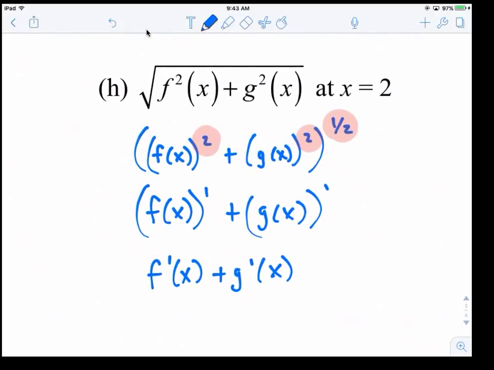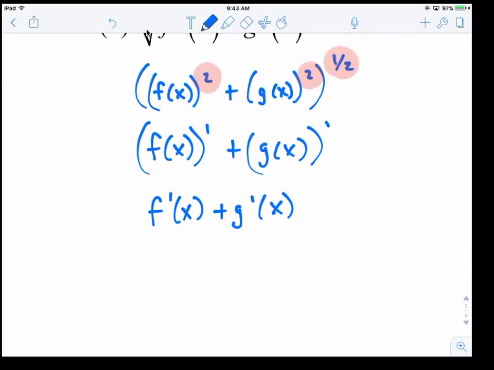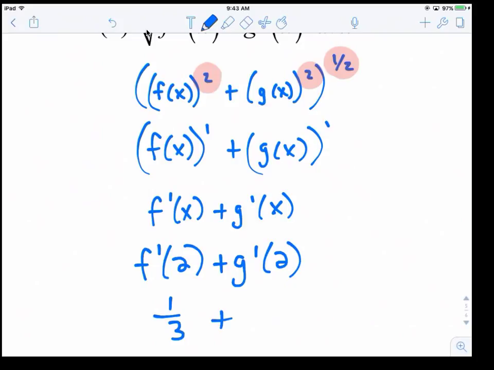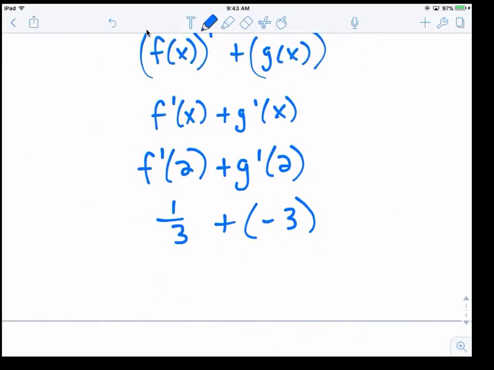Did we already do that one? That's at 3. So you have f prime of 3 plus g prime of 3. 2, I mean, sorry. They have 1/3 plus -3. That's 1/3 minus